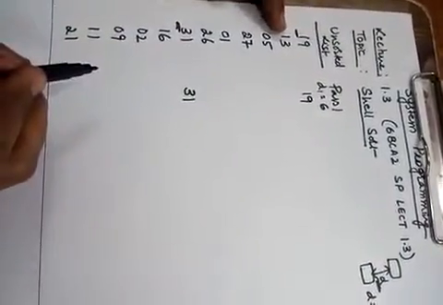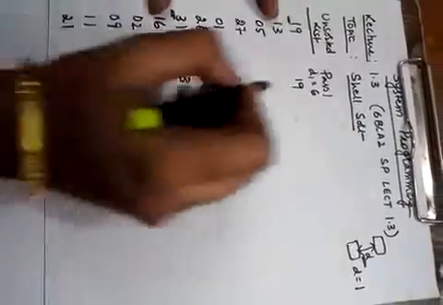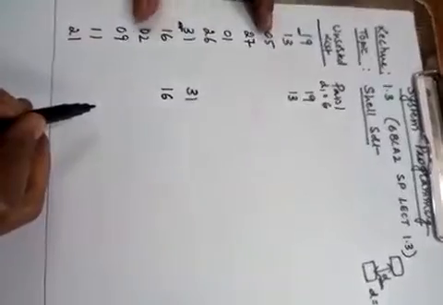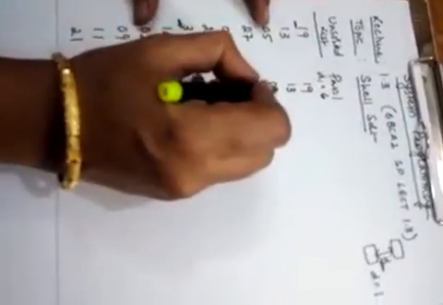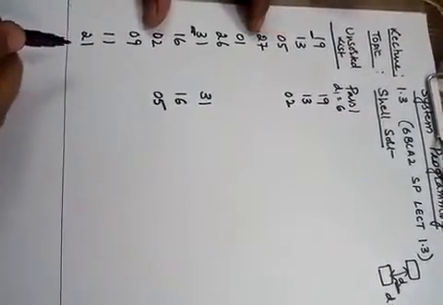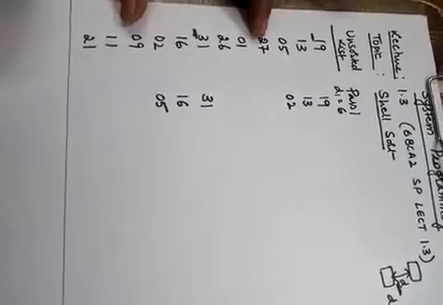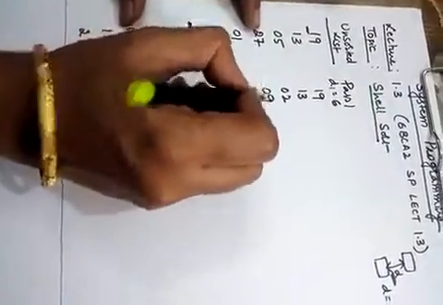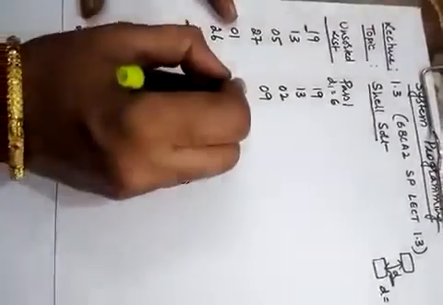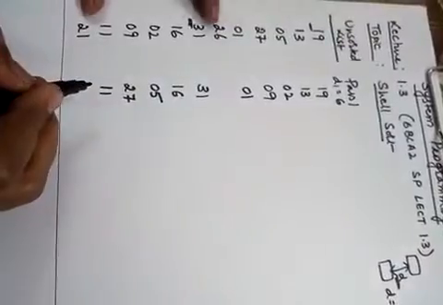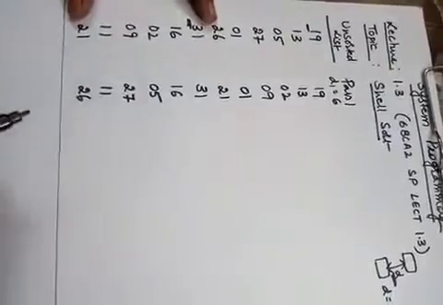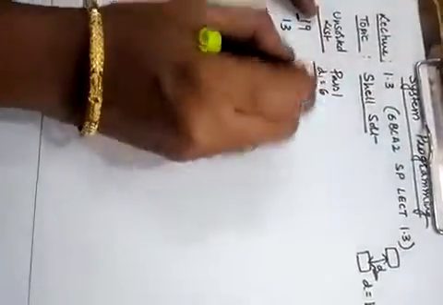So now we will go to the next one. 13 is compared with 16. 13 is again smaller, so 13 and 16 will be as they are. 5 and 2: 2 is smaller, so there is an exchange, and 2 and 5 will come down. Now we have 27 and 9, so 9 will go up and 27 will come down. Then 1 and 11 will stay as they are. Then 26 and 21: 21 is smaller, it will go up, and 26 will come down. So this is the end of pass 1.